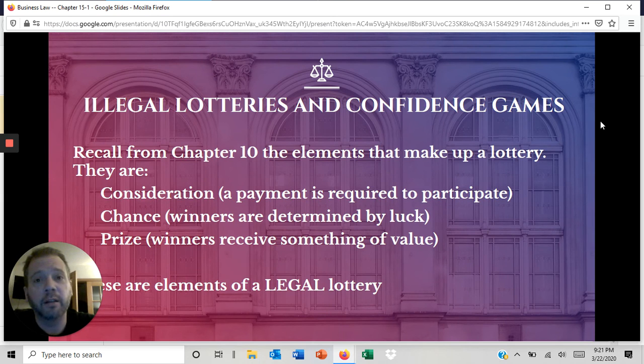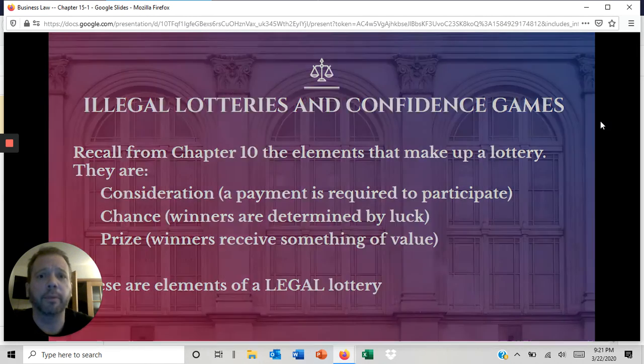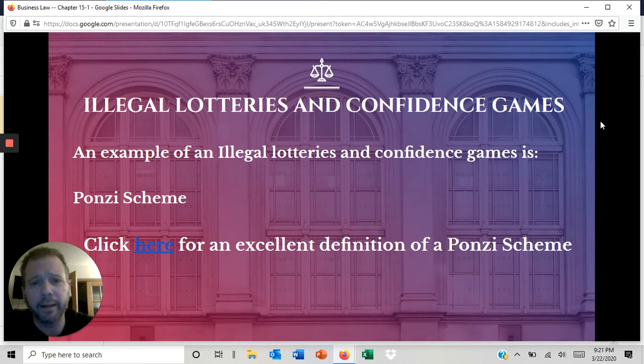Remember from chapter 10, a legal lottery has to have three things, right? It has to have consideration, a payment or a wager. It has to have chance, and there has to be a prize. These are all elements of a legal lottery that most states and charitable organizations adopt. But there are some examples of an illegal lottery, and the most famous of these is a Ponzi scheme,